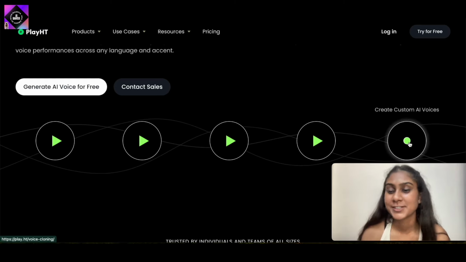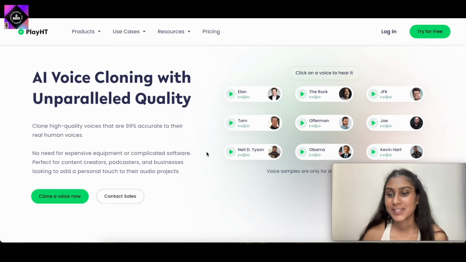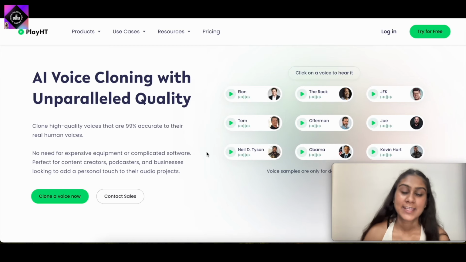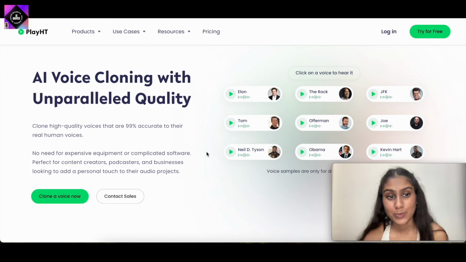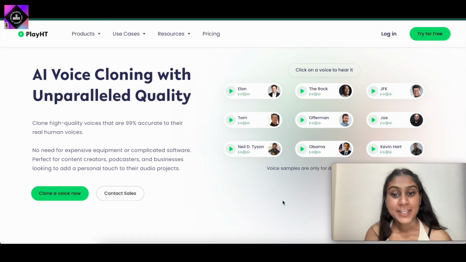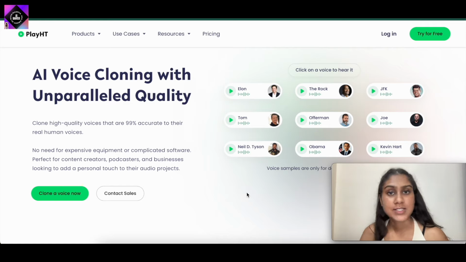Now creating the custom AI voices. So they take us to a link where they have enabled AI voice cloning with unparalleled quality. Now when we come over here on this link, what we can see is that PlayHT gives us the feature of AI voice cloning. Now when we talk about ElevenLabs, it does not show us the feature of making our voice cloned as some kind of celebrity or maybe some other person,